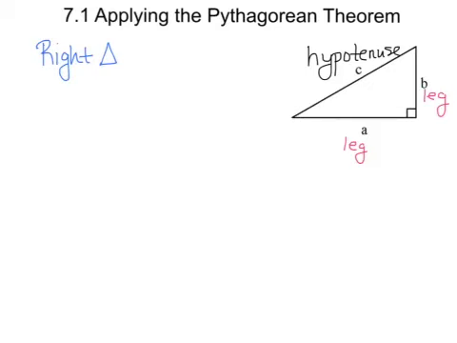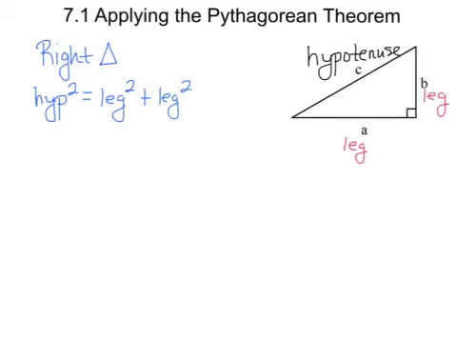So what the Pythagorean theorem says is that the hypotenuse squared equals the leg squared plus the leg squared. Usually it's written out as the square of the length of the hypotenuse is equal to the sum of the squares of the lengths of the legs. That just gets kind of confusing. So if you can just remember the idea of the leg squared plus the leg squared equals the hypotenuse squared,